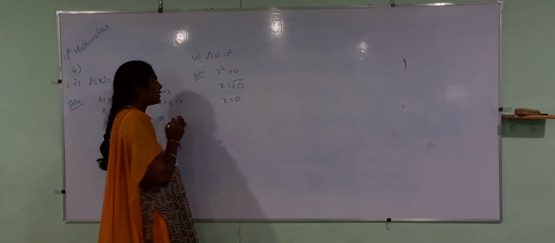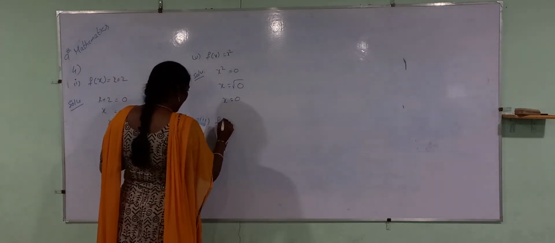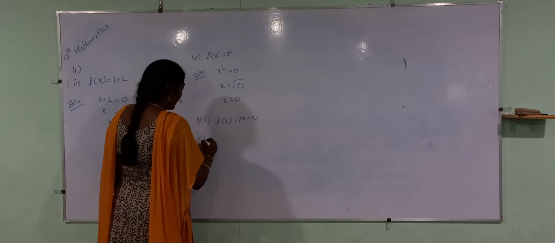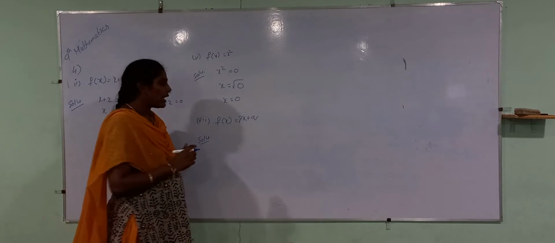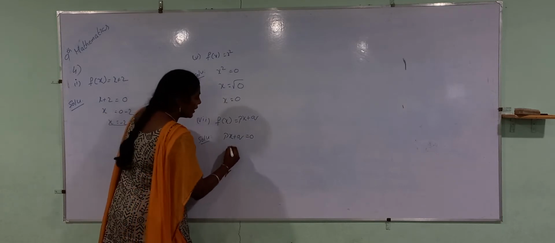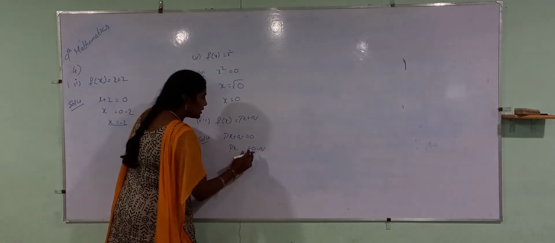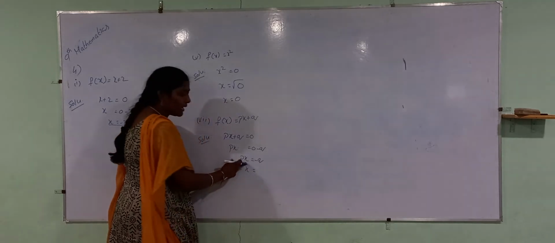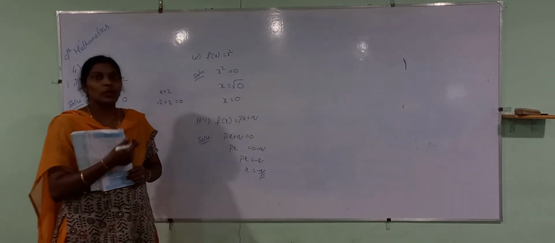Next, look at the seventh one. f of x is equal to px plus q. Here they didn't mention constants, they mentioned p and q. So what? We can do anything, no? Here q is adding. If q goes to the right hand side, it becomes minus q. 0 minus anything, we get the same thing, so minus q. x is equal to, p is multiplying here. If it goes to the right hand side, it becomes division: minus q by p.